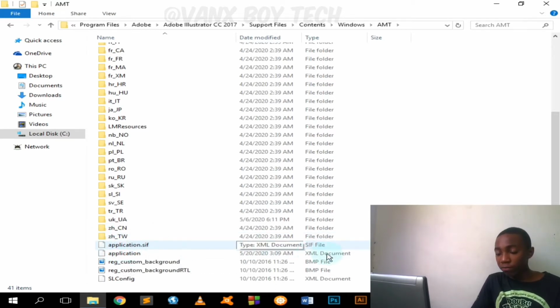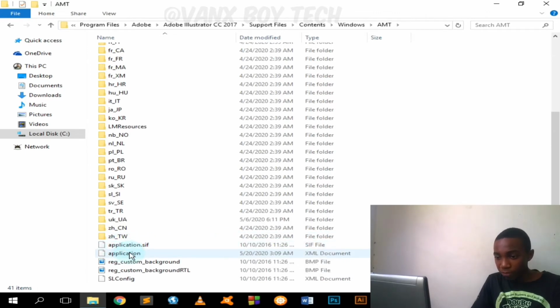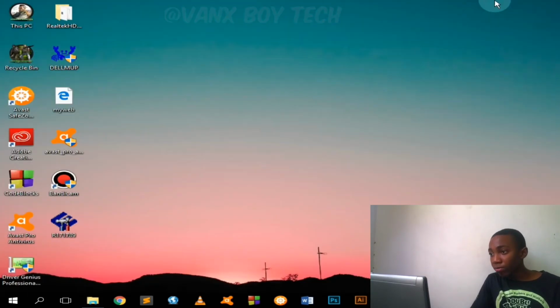There are two applications named like this down here. One is Application SIF, and the second one is Application. What I want you to deal with is the one named Application, and it is an XML document. So I'm going to minimize this window,